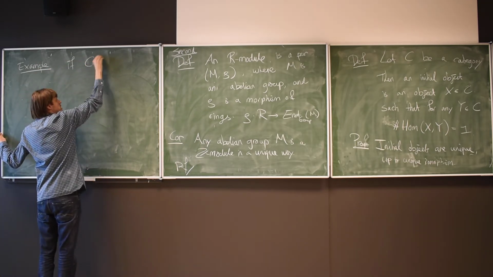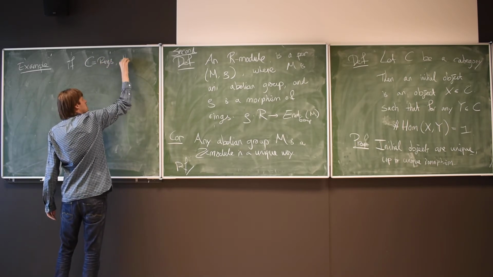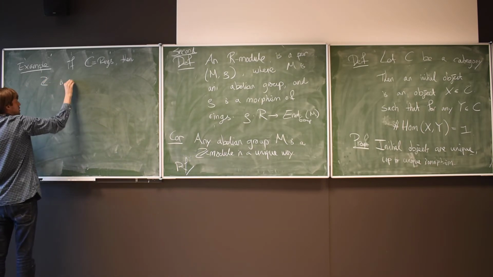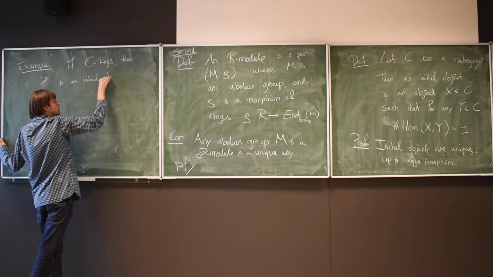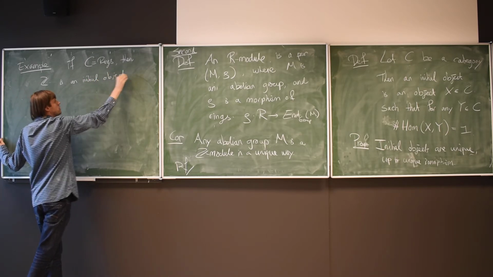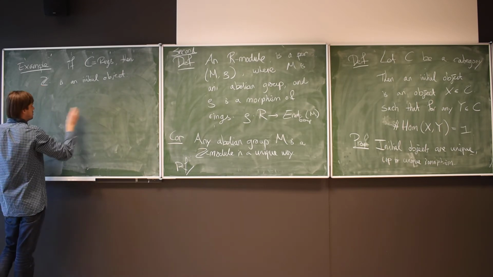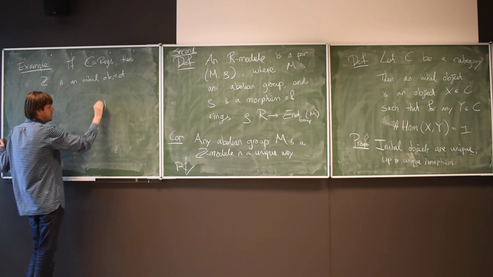If C is rings, then Z is an initial object. Because if I give you any ring R,